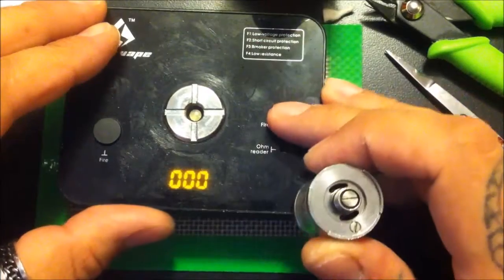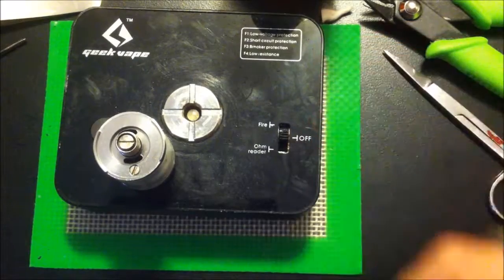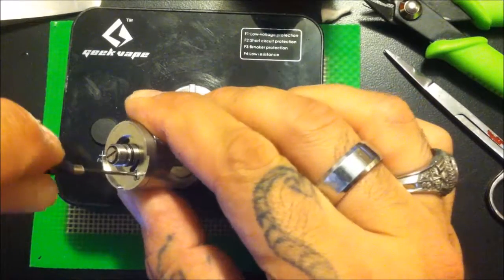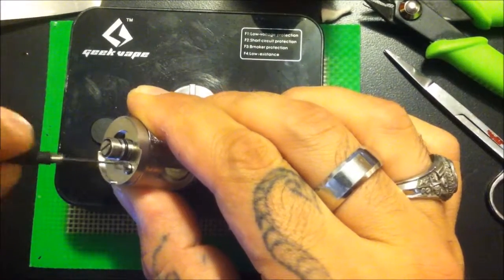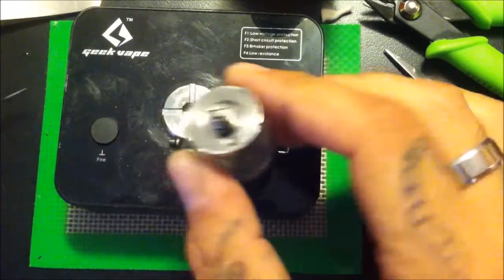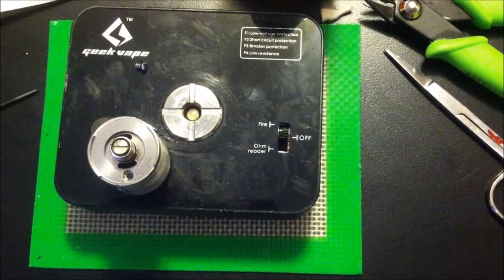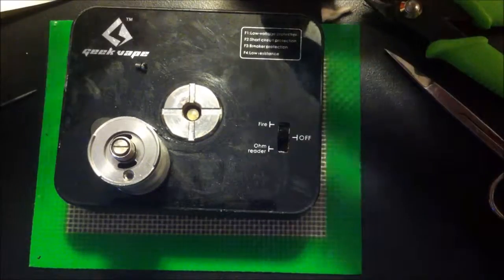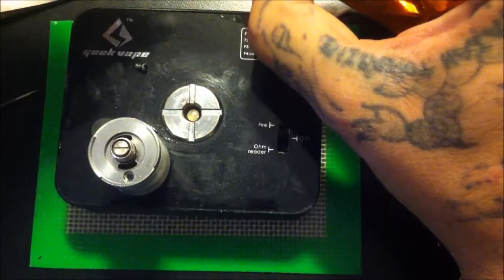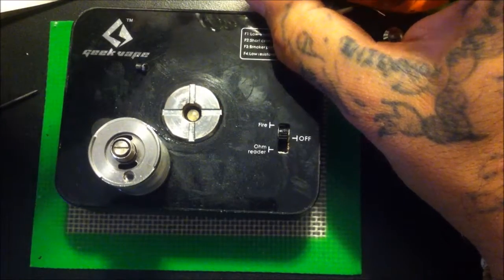Alright, our fill hole is right there. So you want to grab a flathead, something like that, and open it up, and then put some juice in there. I've got my little wicking tool, that's a flathead as well, and I'm just going to use this to open it up. There we go. Alright, and what I use is the same syringe that I used to make the coils to fill up these. This is a 1 mil syringe,